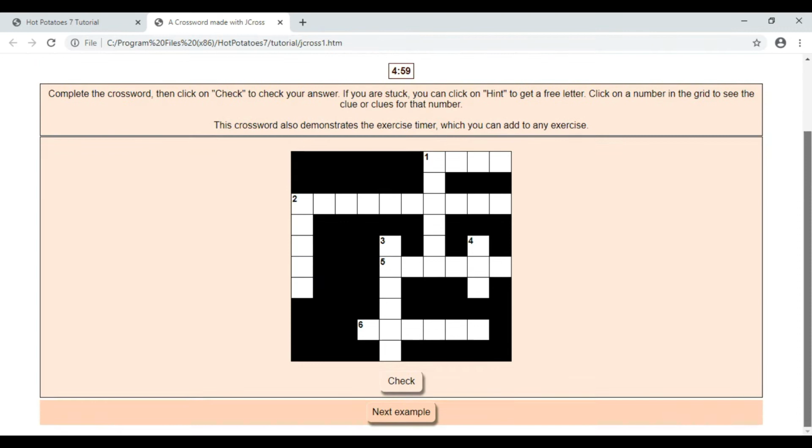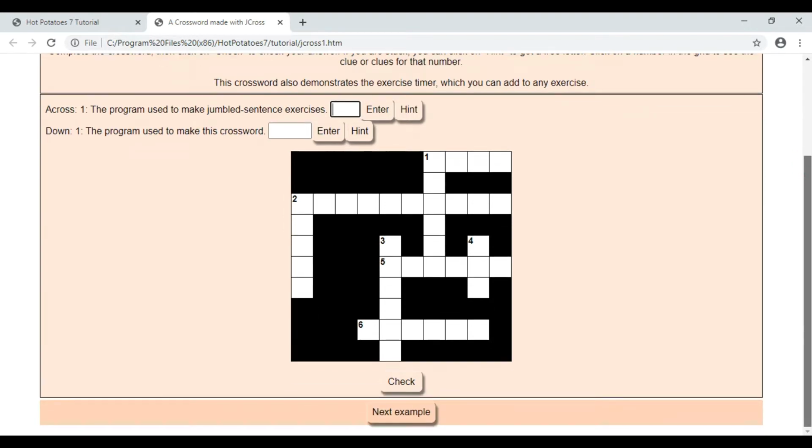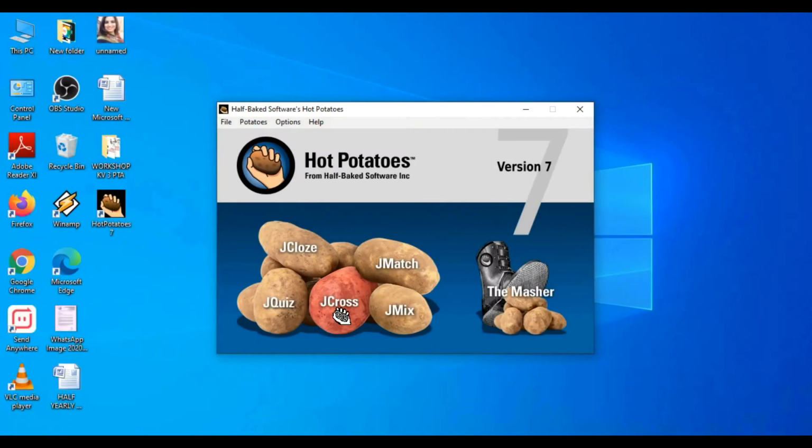This is how the crossword puzzle will be displayed to the students, and when they click the number, the clues will appear, across and down. The child will write the answer and press enter. And after finishing the puzzle, the child can check the score by clicking check.